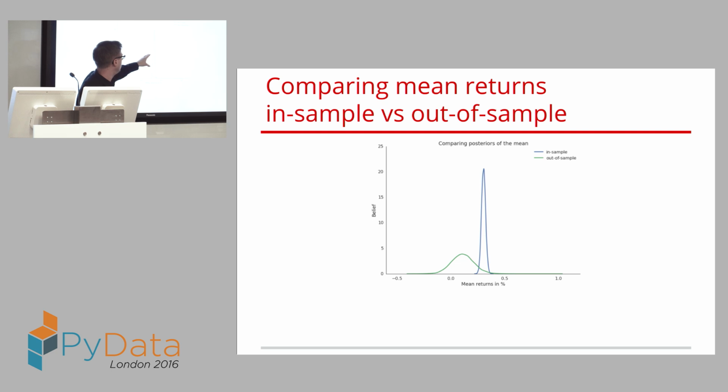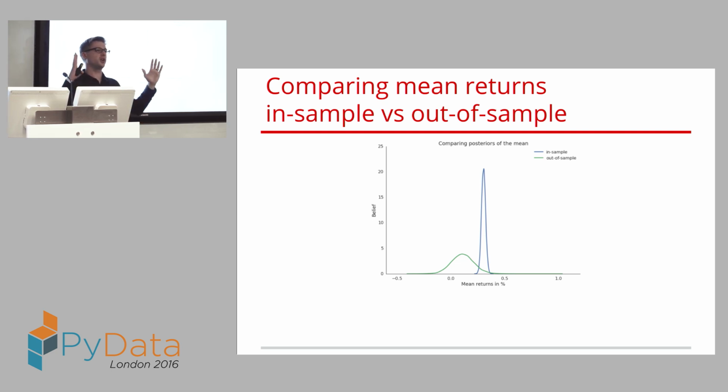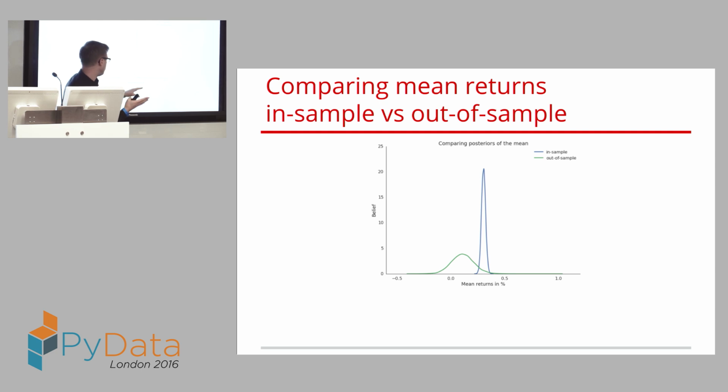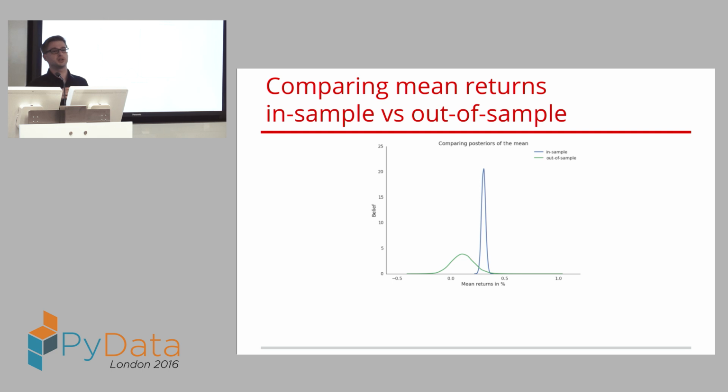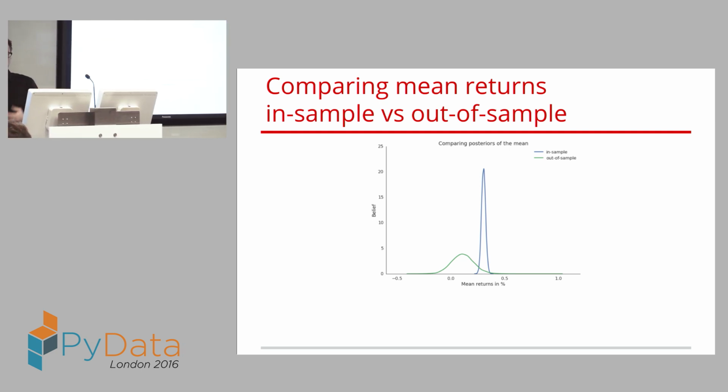Intuitively, you can think, in my in-sample set, we have lots of data, so I have a lot of confidence. The possible mean returns parameter values that I would deem likely, given my model, are very narrow. I know this is the value, it's very close to this one. Now, with the out-of-sample set, we have very little data, so we can't really say anything. That naturally comes out of the model by giving me a wider posterior distribution. If I had no data at all, it would just be the prior, where I say it's going to be uniform everywhere. And over time, it will go tighter and tighter around the region that is the true parameter.